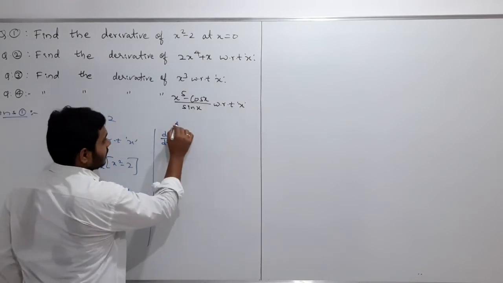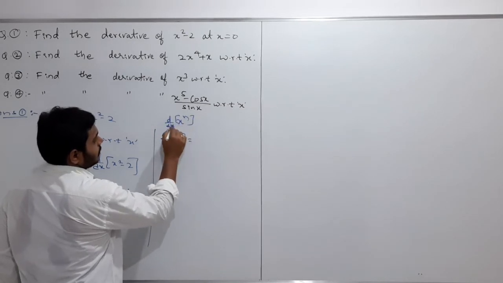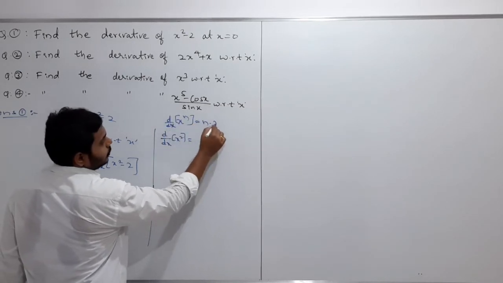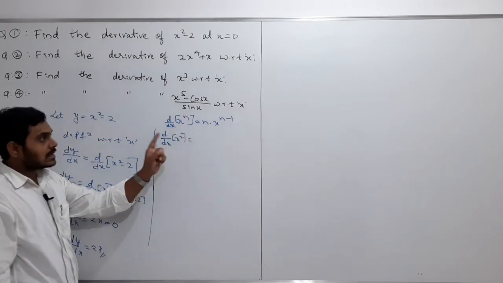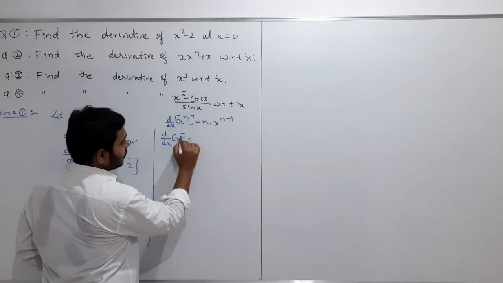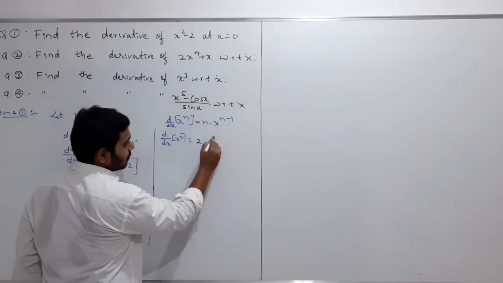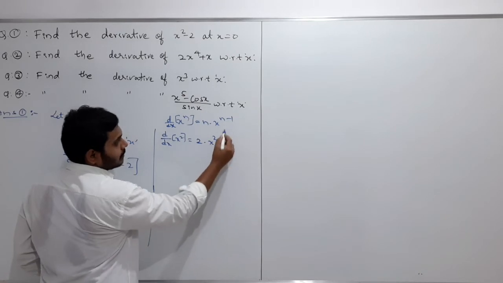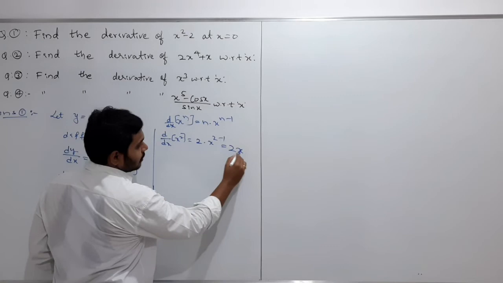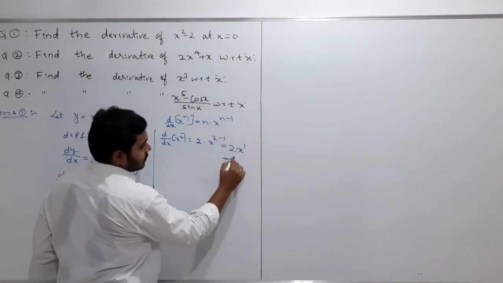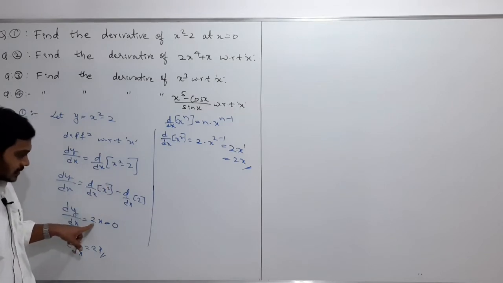We have the result for x to the power n, the derivative of the function x to the power n. What is the formula we have? n into x to the power n minus 1. Here we have n as 2, so apply this formula again. In place of n here we have 2. Therefore, 2x to the power 2 minus 1, that is nothing but 2x. Therefore derivative of x square is 2x,